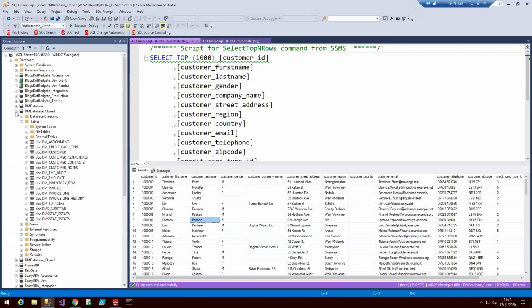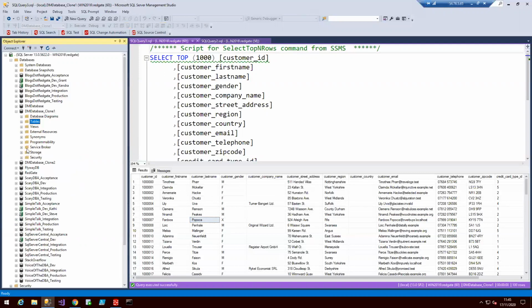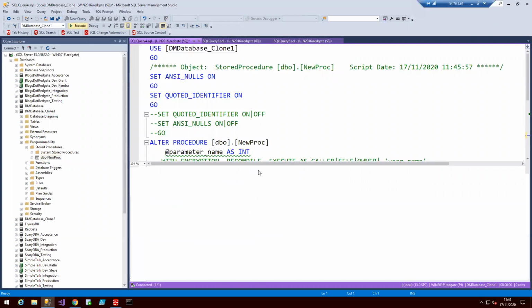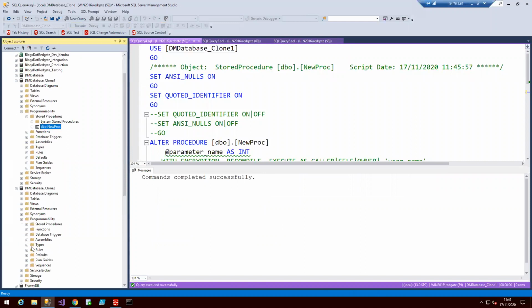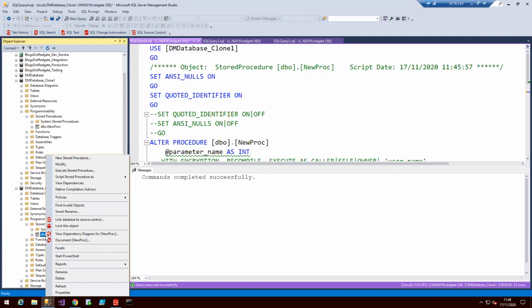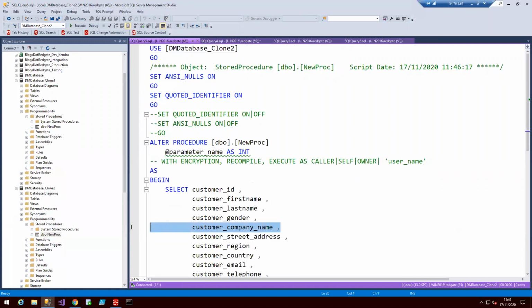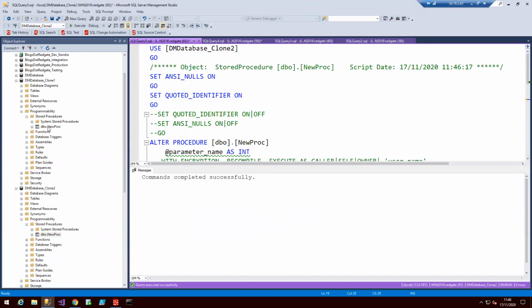But what we're going to do now is make some changes to those stored procedures that we created. To start with, let's open up database number 1, and we're just going to modify this procedure. Very simply, we're going to take out our customer first name column and execute that. Then if we come down into our second clone database, we can modify this and take out, say, the company name. Now, if we run these procedures here,